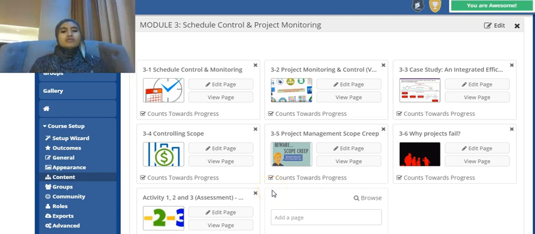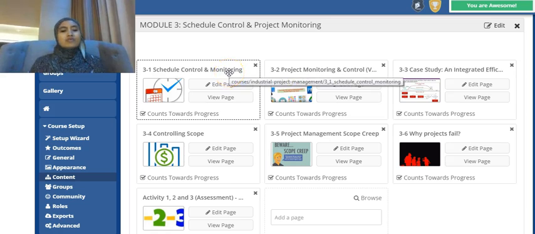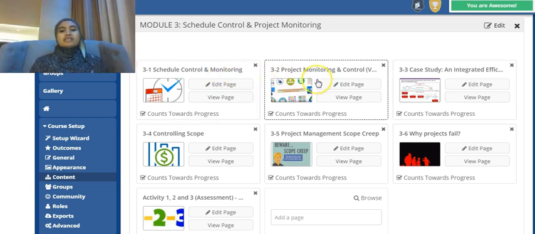This module will be linked to the triple constraint, which is related to scope, the project cost, and also the time to complete the project. This module will cover sub-modules which include schedule control and monitoring, project monitoring, and control to ensure it finishes within the deliverable expected by the customer,